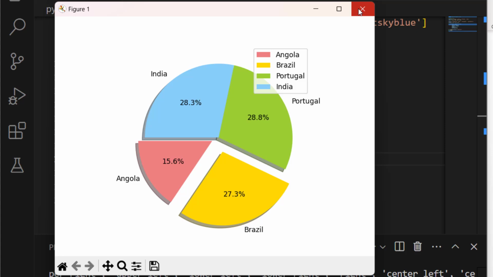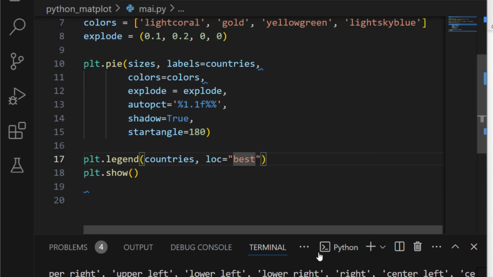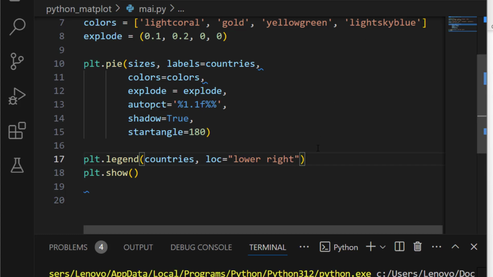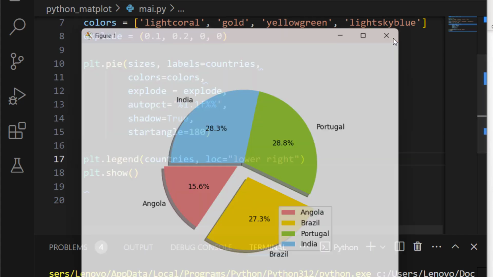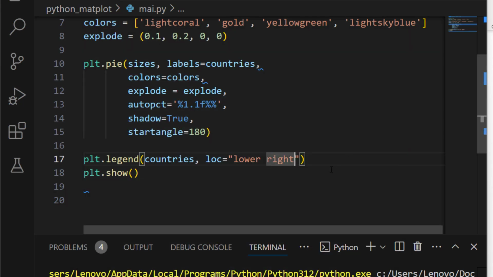Apart from best, we can give, for example, lower right. Let me copy this and paste it here, save and run. It's going to show here down. So this is how we can add a legend. We can choose wherever we want it to show up, and it will be there.